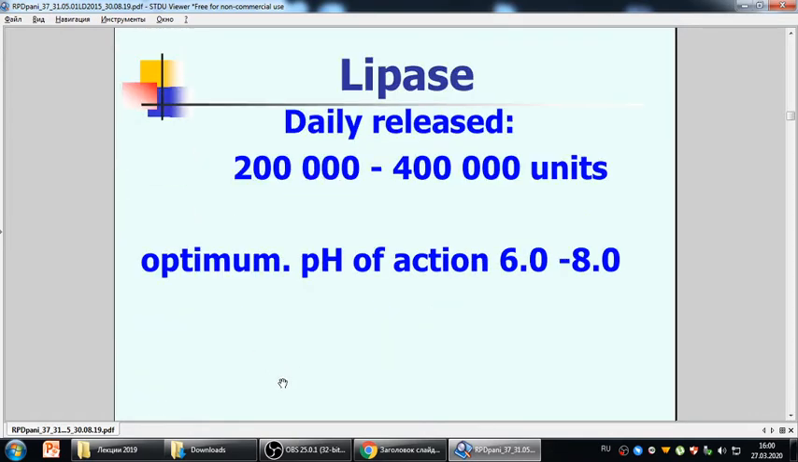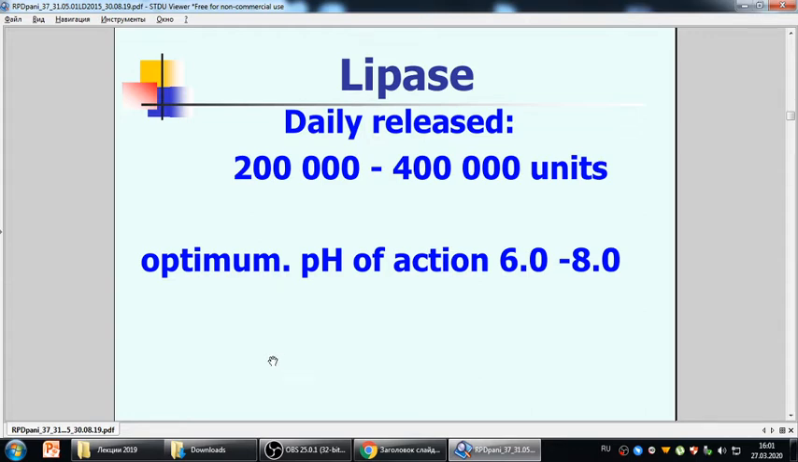Also, we should focus on the lipase. You see daily released lipase, about 200,000 to 400,000 units per day. And the optimum pH of action of this lipase is from 6 to 8. It's also very important if, for any reasons, we have increasing or decreasing pH from this normal